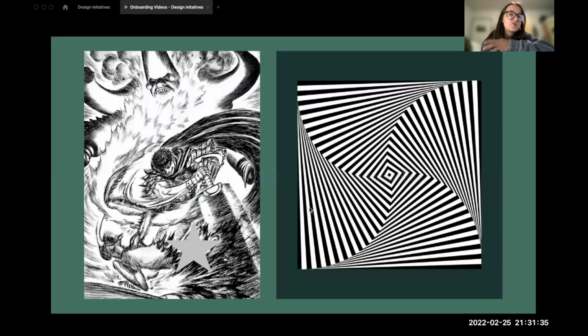An illustration you can see here in this manga, the movement of the cape with the swing of the sword and the movement of the air particles around it give that effect of the swinging motion, which is really cool. And you also have this use of movement playing in the 3D eye trick graphics. The image isn't moving, and the use of the movement tricks your eye into thinking that it is.